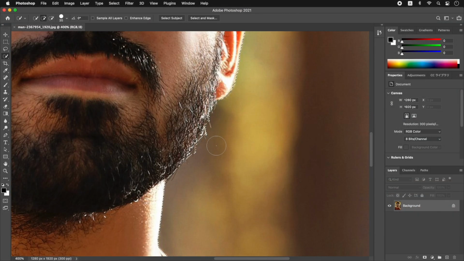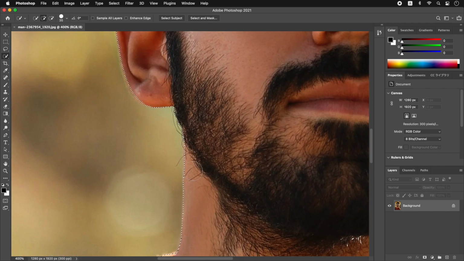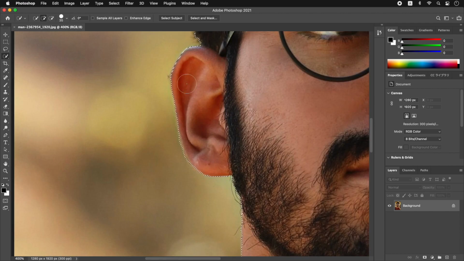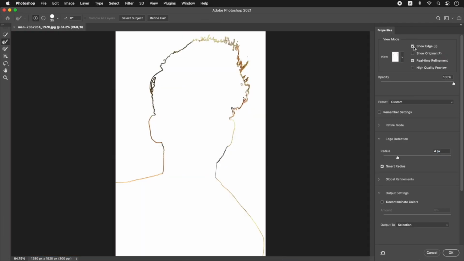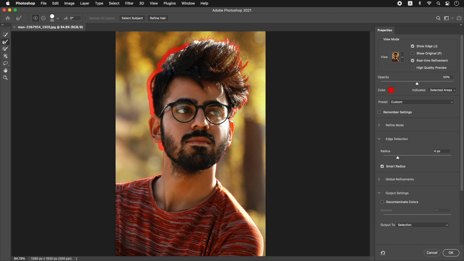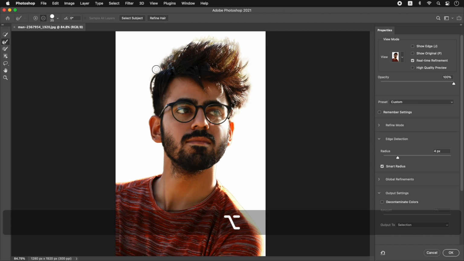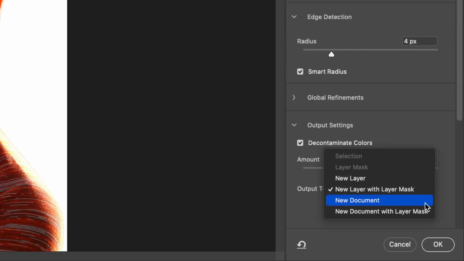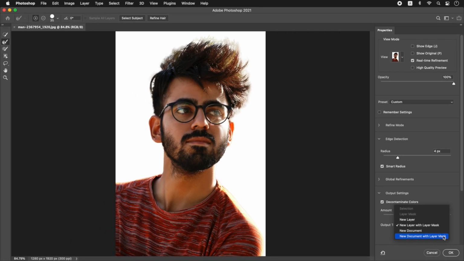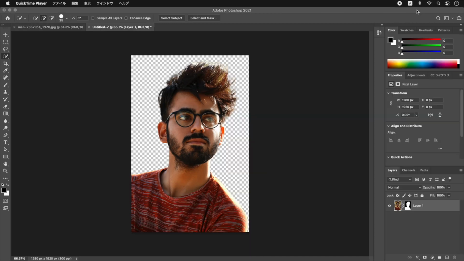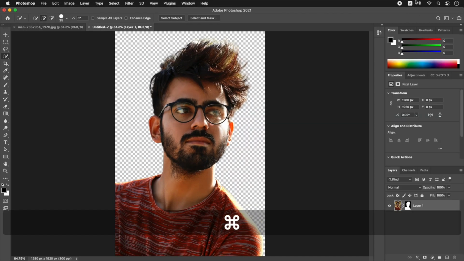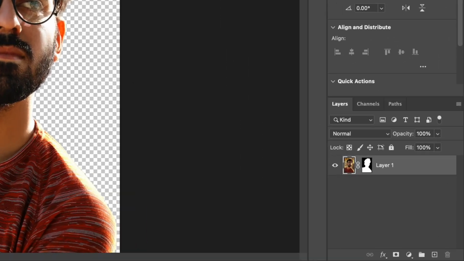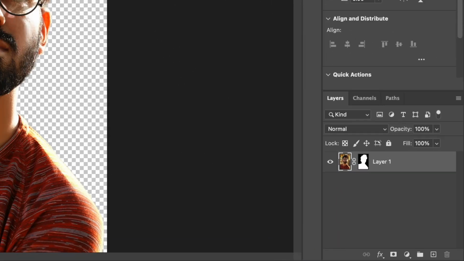This lesson does not go into cutting out a person, because the purpose is to turn a photo into an illustration. Using the Quick Selection tool to fix the selection. Using the Select and Mask option to make detailed cut out hair. In the Output Settings section, Output to select New Document with Layer Mask. Click OK. Check the Output New Document in the Layers panel.